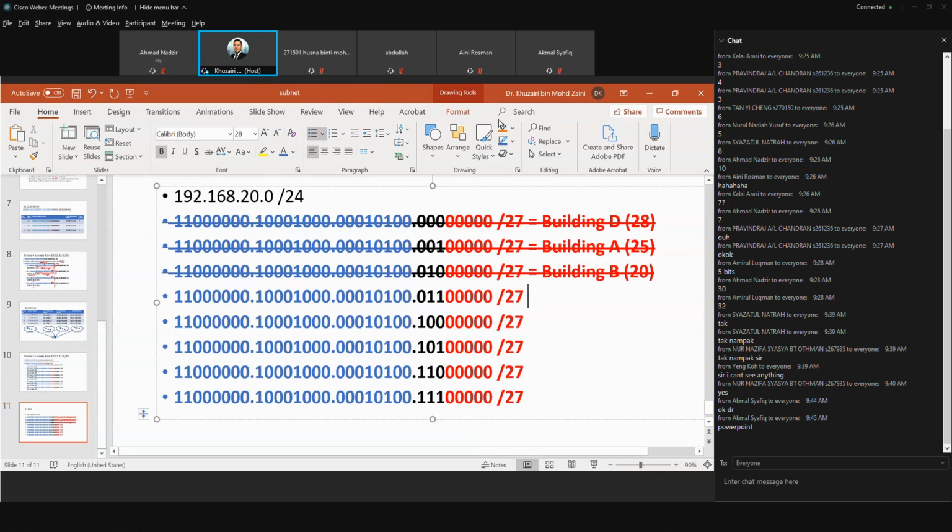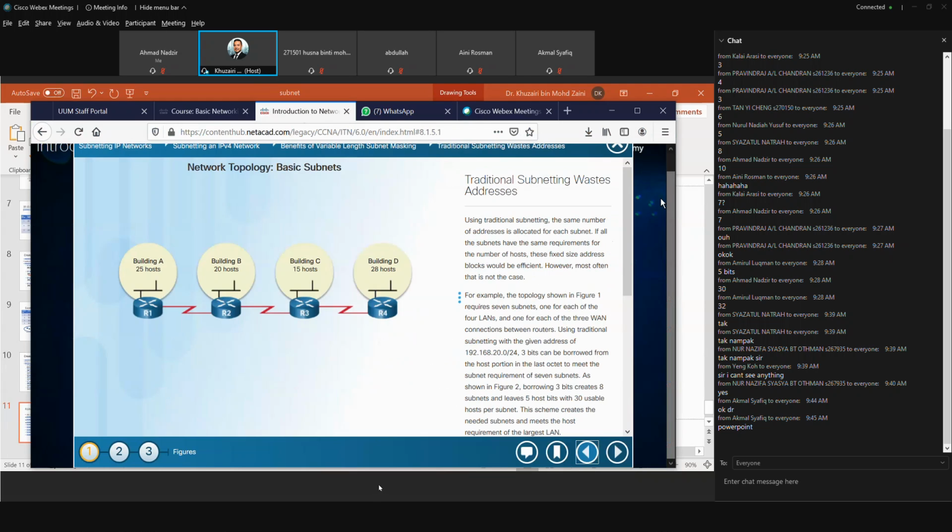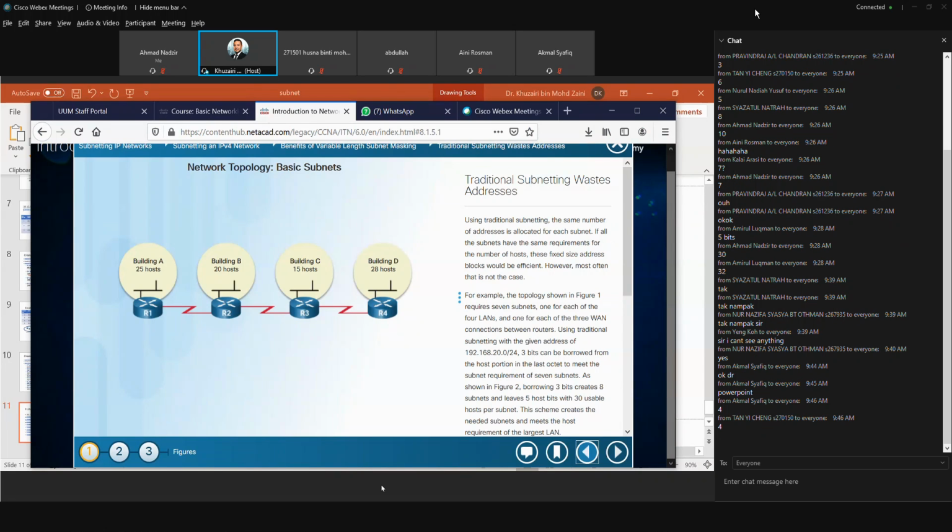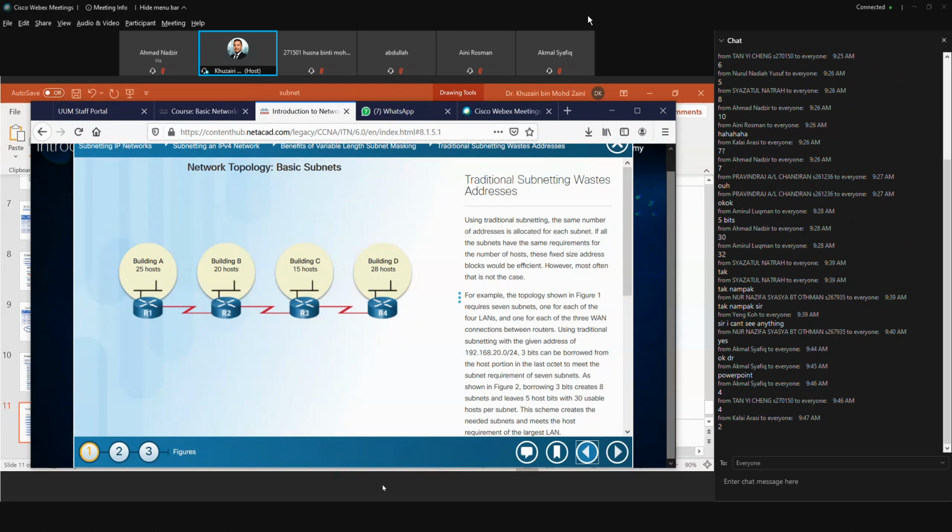So the next one, the maximum number of hosts is 15. For 15, how many bits do you require? Can 4 bits work? 4 bits cannot, because when you have 4 bits you need to minus 2, you get 14, right? So you cannot. So you need to